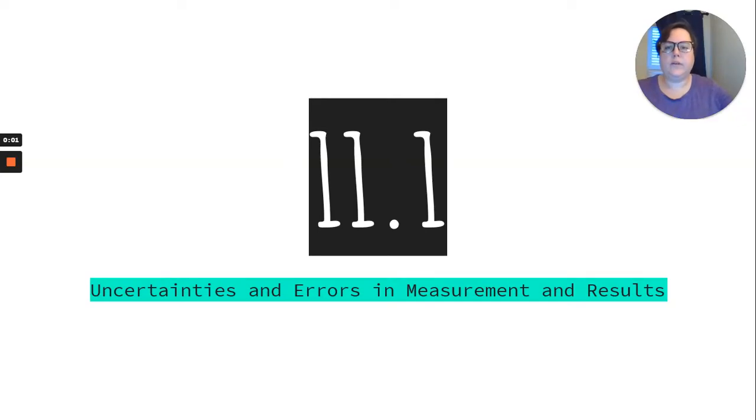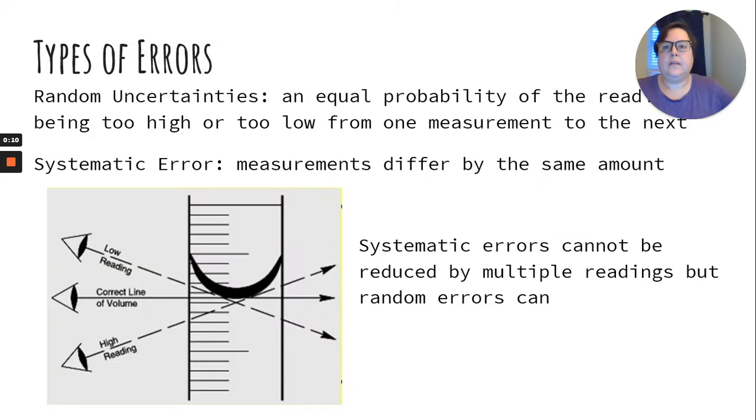All right, so 11.1 is uncertainties and errors in measurements and the results. So we're talking about uncertainty values and significant figures. There are two types of errors. There's random errors or uncertainties, which is an equal probability of reading something too high or too low from one